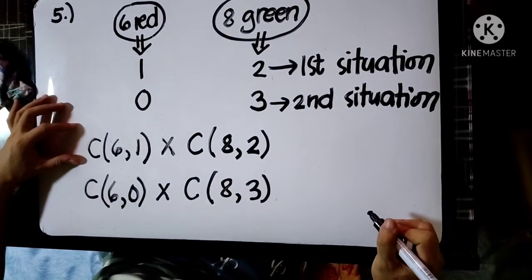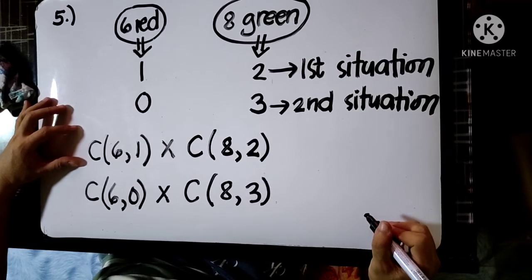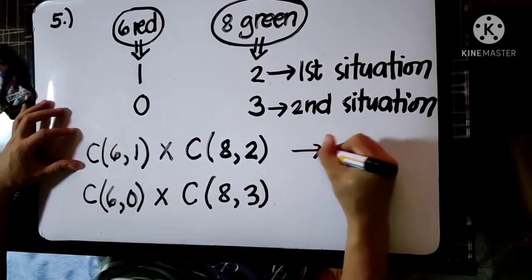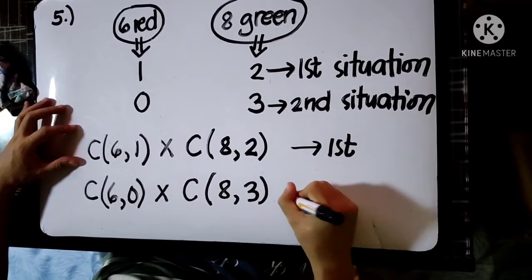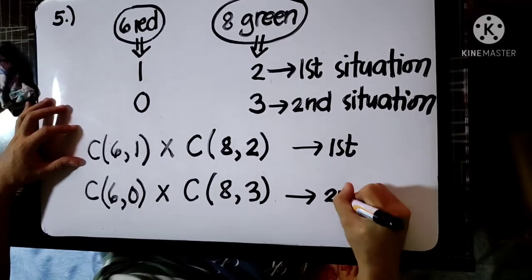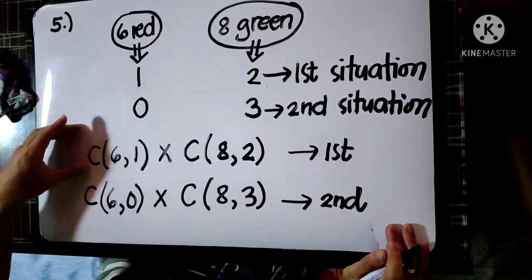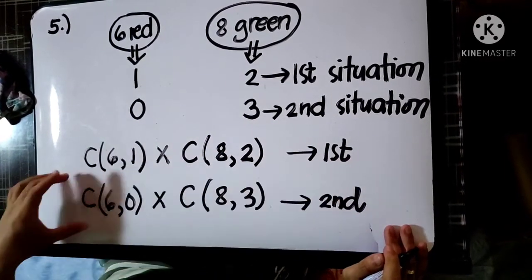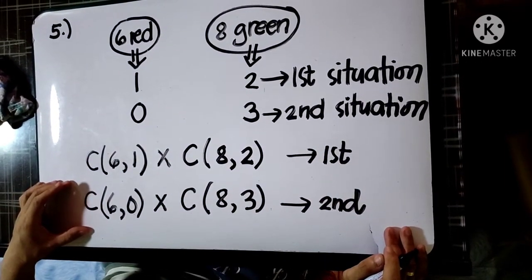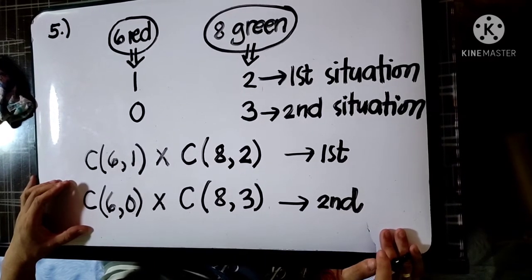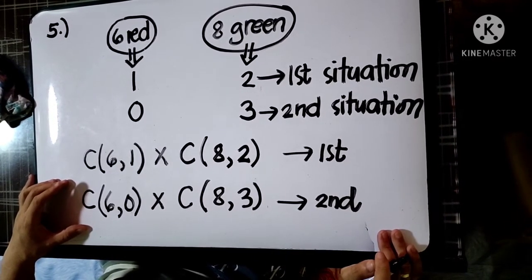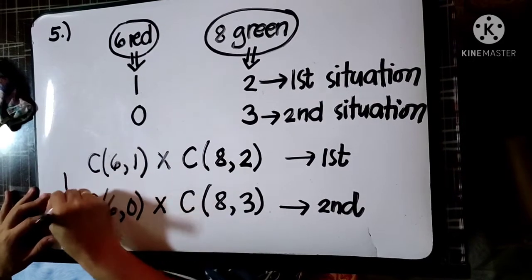So we have 2 sets of solutions. So this is for the first situation and this is for the second situation. This first situation has nothing to do with the second. So, to get the total number of possible ways, you are going to get the sum